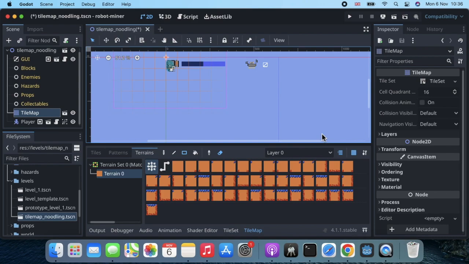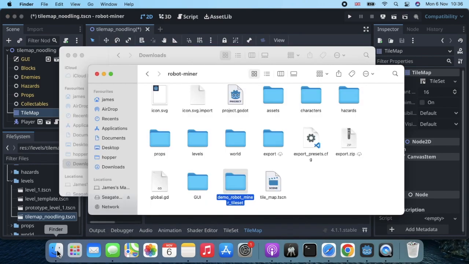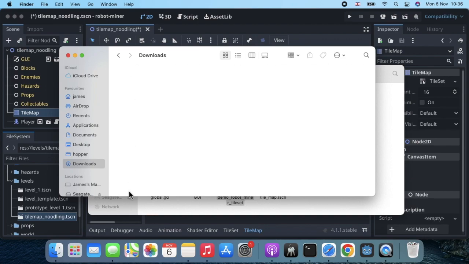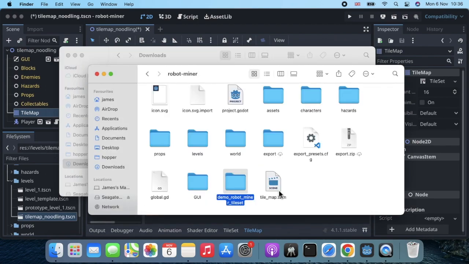Okay, so as you may have guessed, we need to do a little bit of setting up in order to make that work, but it isn't much work that we have to do. And as you can see, it enables us to build our levels much more quickly and efficiently. So to start, I have got 2 file manager windows open, one for my game and one for my downloads, because we need to download some assets. If I go over here